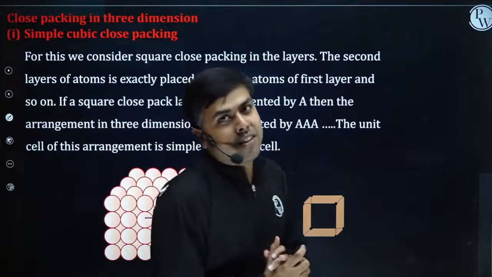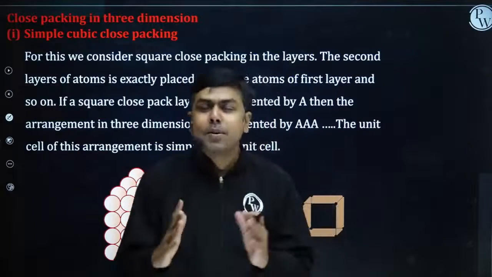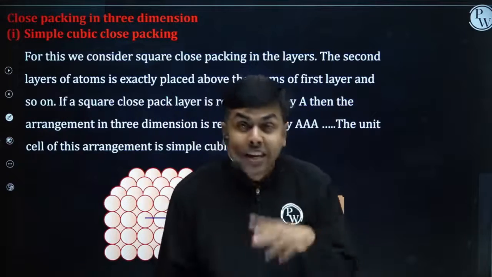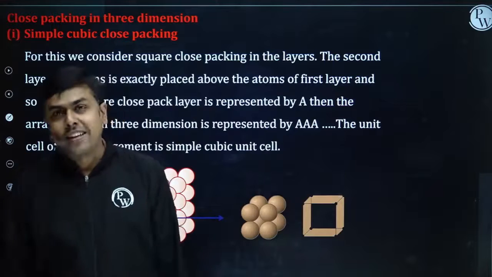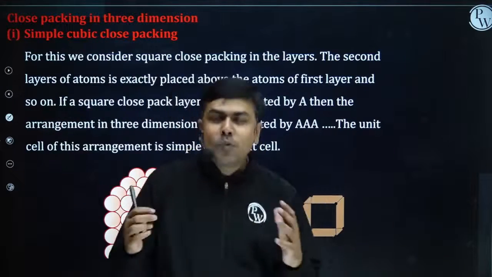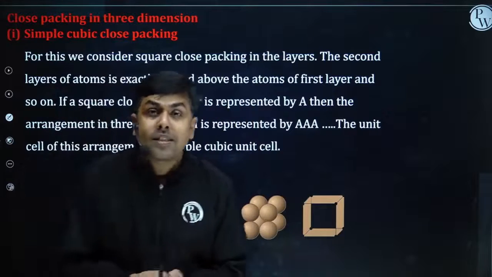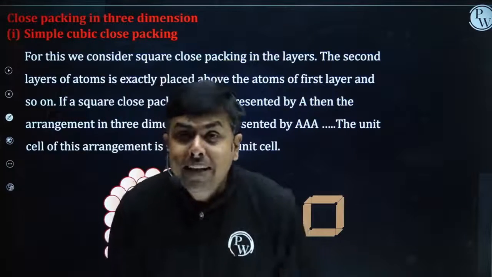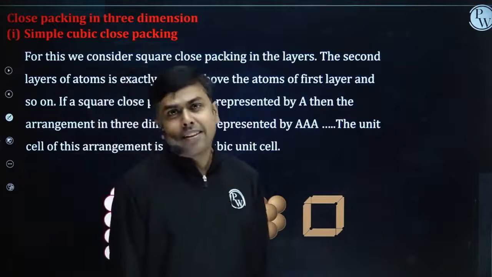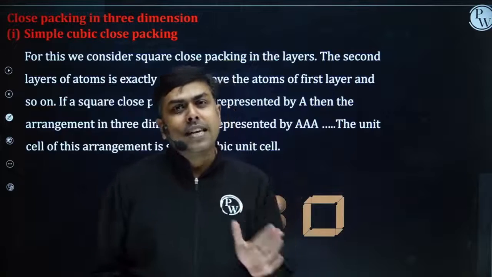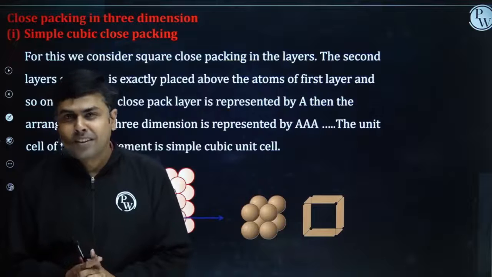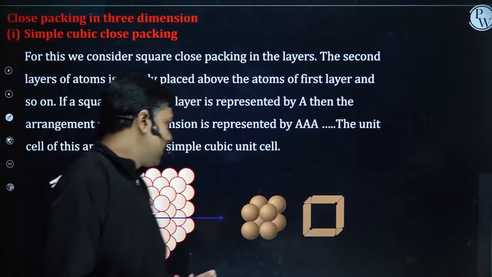Let's discuss close packing in 3 dimension. If I talk about the close packing in 3 dimension, once again we have 3 different types of packing. One is AAA packing, so cubical packing or simple cubical packing. The other one is AB type of packing in 3 dimension, that is referred to as hexagonal close packing. And the third one, ABC packing, that is the FCC unit cell we will get from there. Let's see how the packing is done.